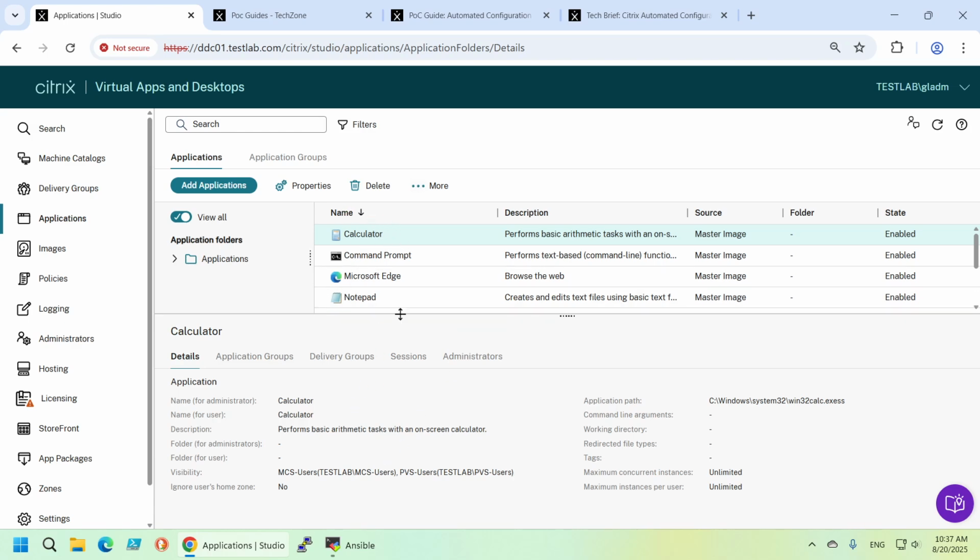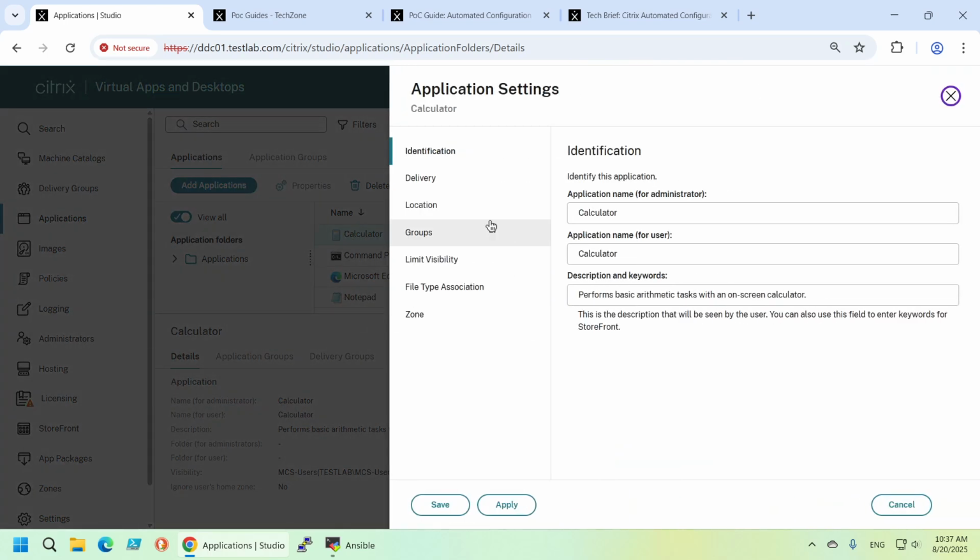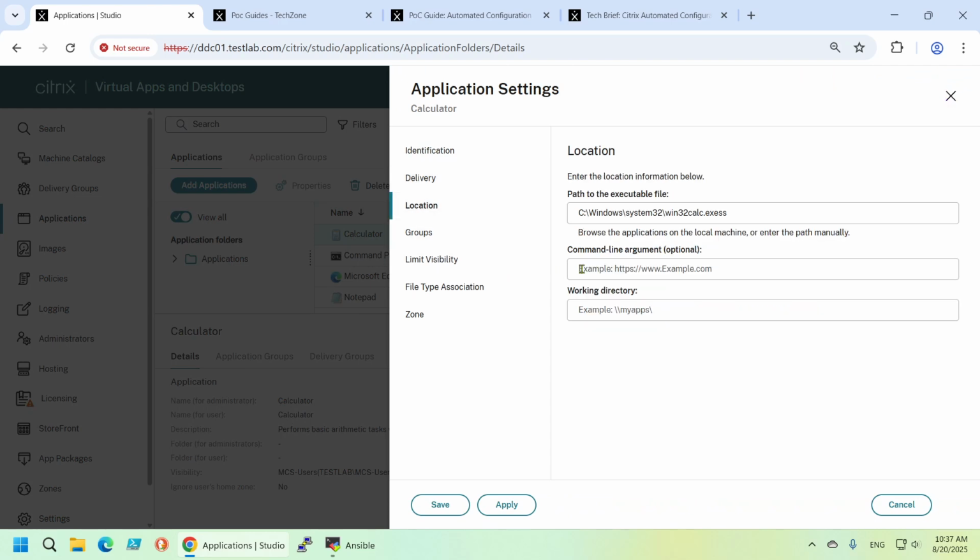And if we go to the properties and the location, it also fixed the path to the application. This is wrong nevertheless, but it was just an example to show you that it will recover